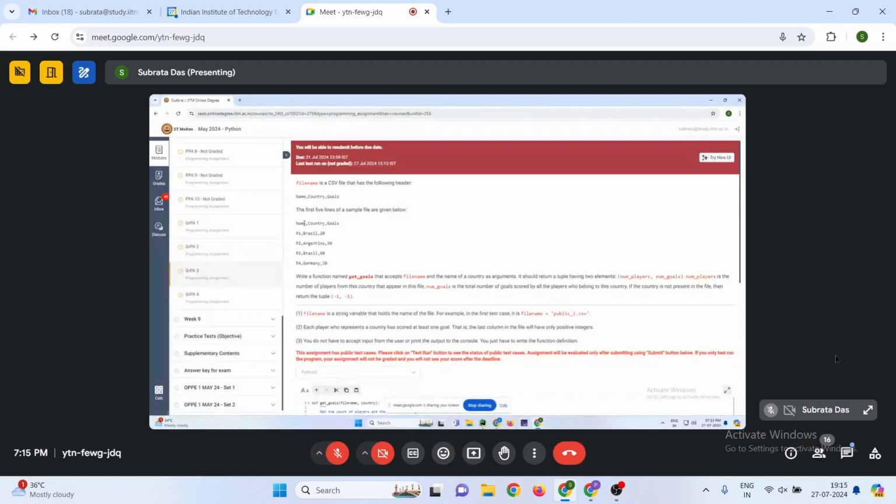If the value in the second index is the same as the argument given, like here you can see in the function call, the first argument is file name, second is country. So if your second element is matching with the country name, then you will